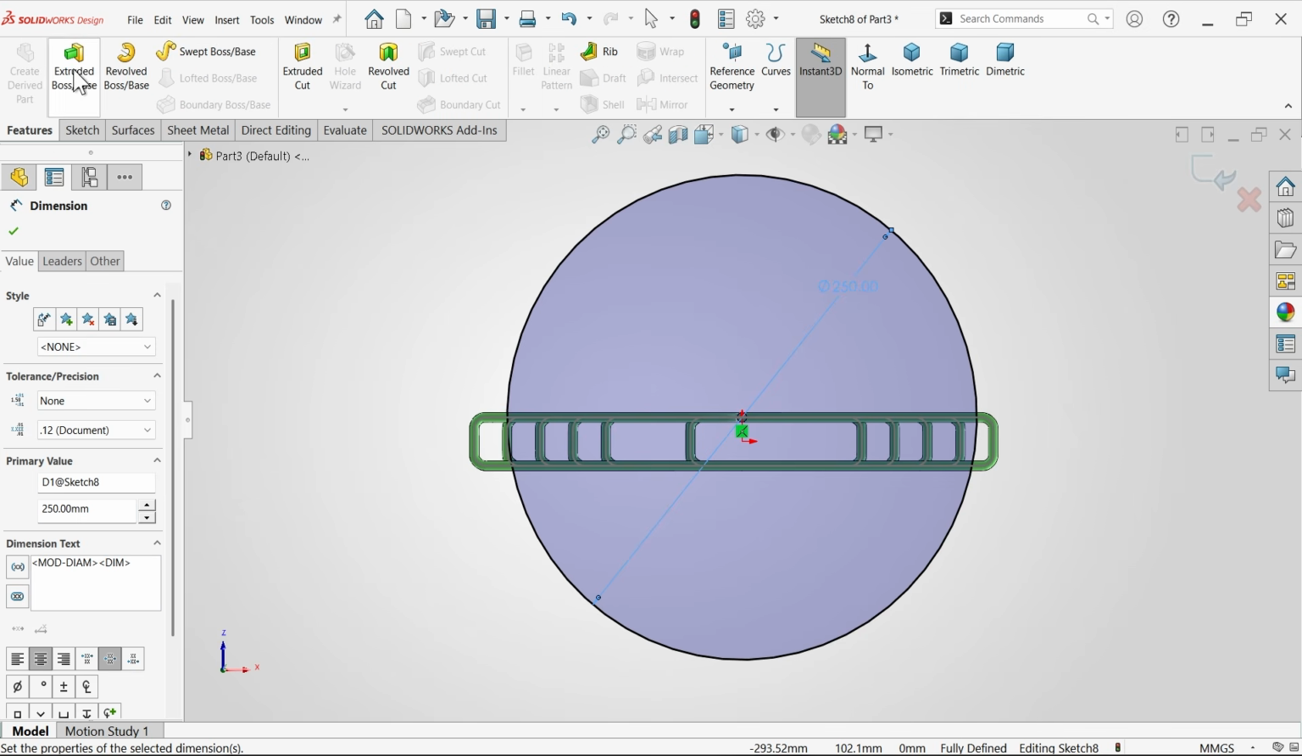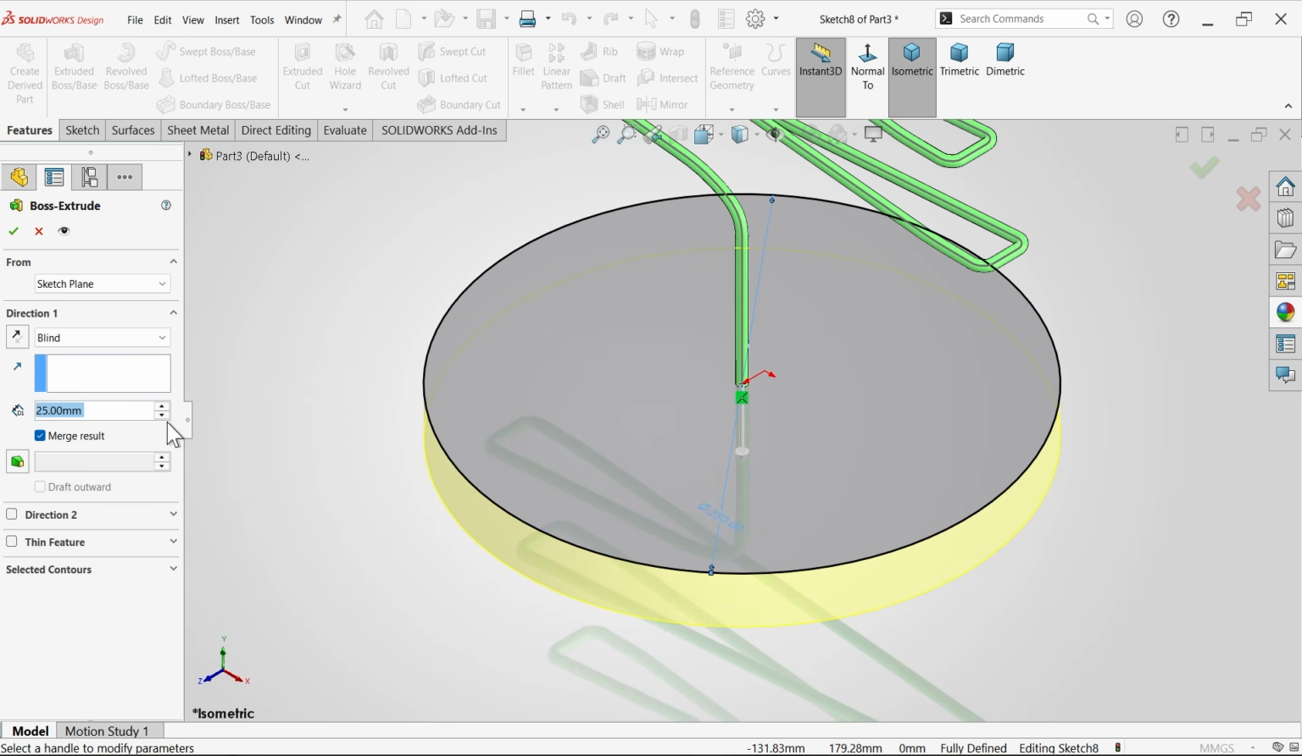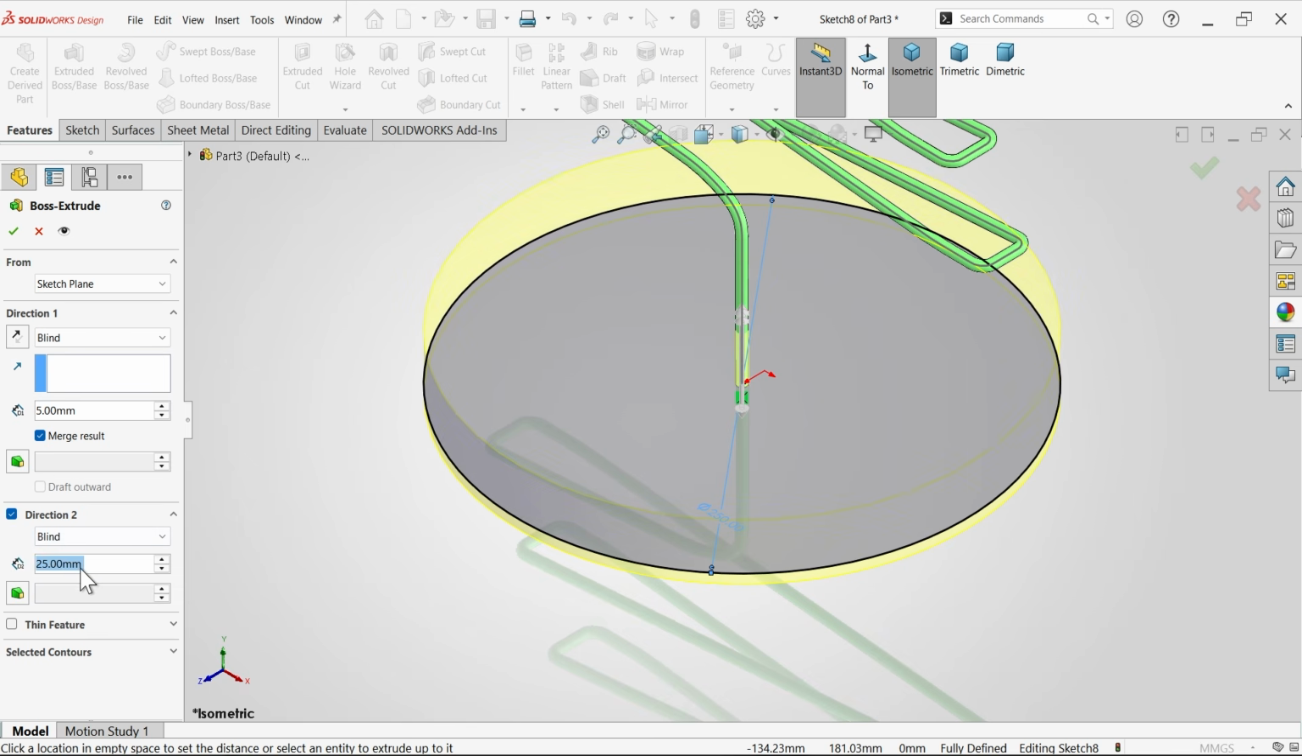$250mm, apply extruded boss base, and in one direction downward side make it only 5, direction to upper side 20, and here unmerge result, so that we will apply some more relations. Okay,